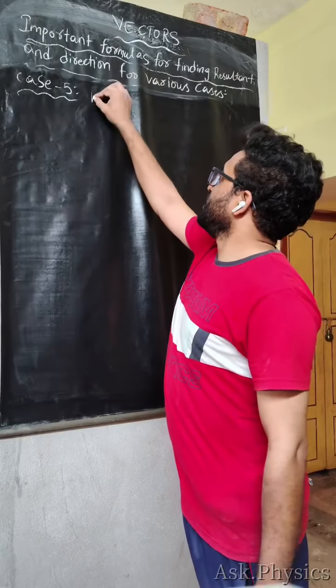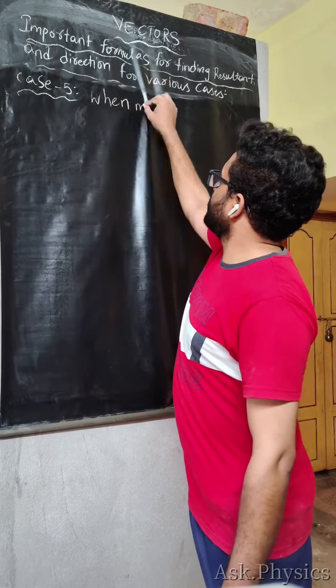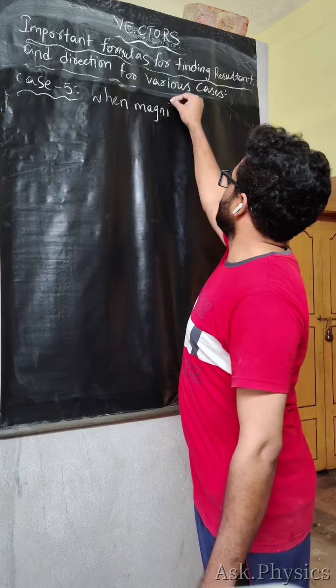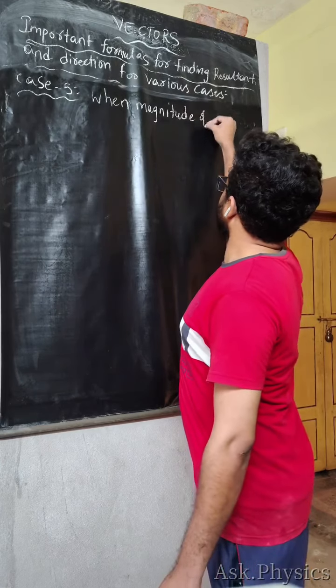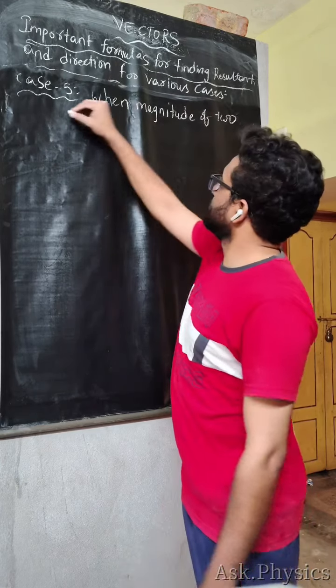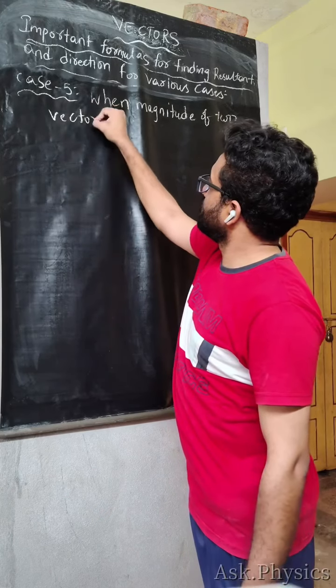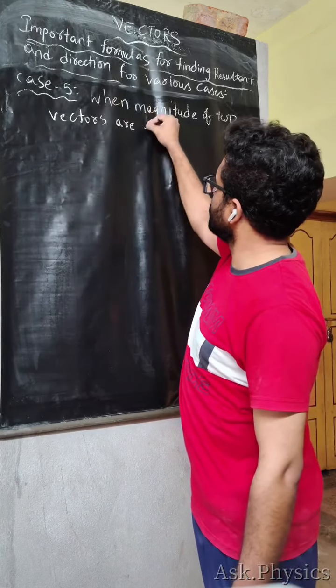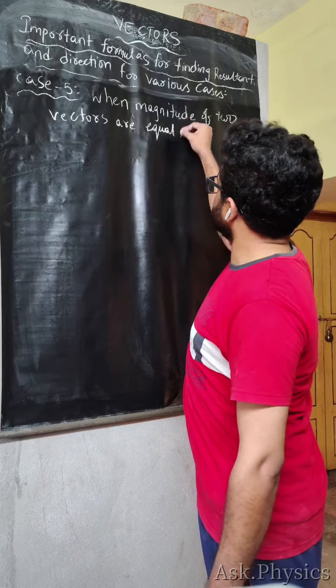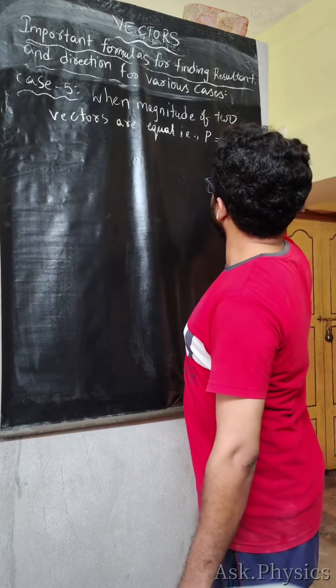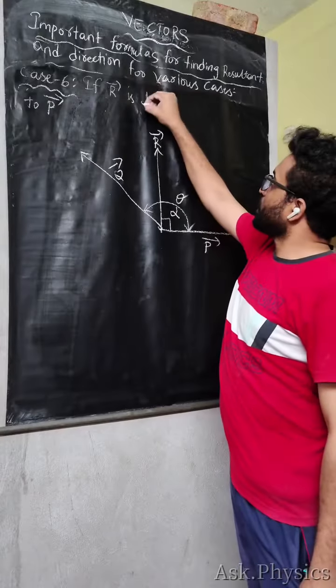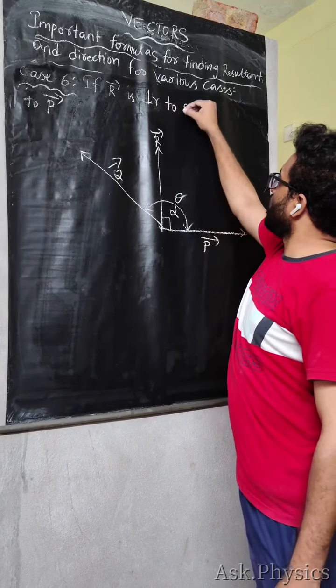Next formula, when the magnitudes of two vectors are equal, that is P is equal to Q, or is perpendicular to small vector